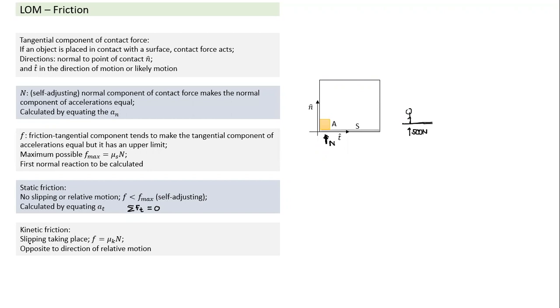And what is kinetic friction? Slipping is already taking place. If slipping is taking place, both may have different velocities and they may have different accelerations also. If slipping is taking place, the friction value doesn't depend on what the velocity is and what the acceleration is. So in case of kinetic friction, the magnitude of friction is independent of velocity and acceleration. The moment slipping starts, it doesn't matter what the speed is, the friction force which is acting is mu k times N, and it is opposite to the direction of relative motion. Okay, so compared to the surface, this block is moving towards the right, so the friction force will act towards the left.